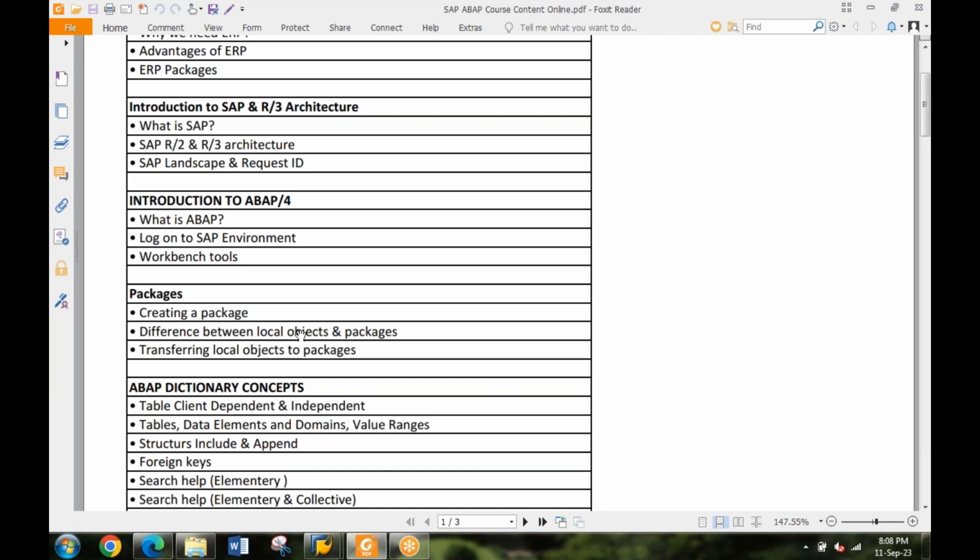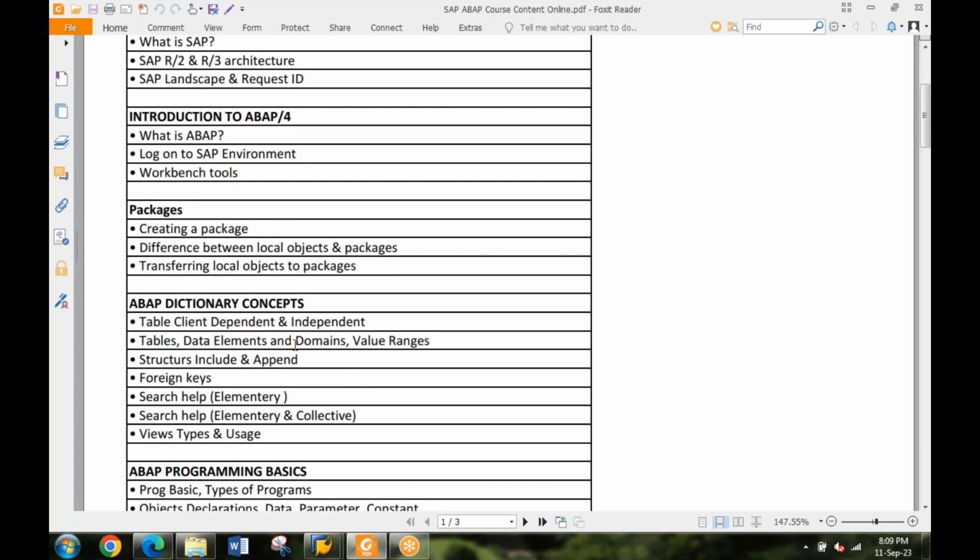Whenever you do anything in SAP, it has to get saved somewhere in your application, right? Like even when you create any file in your system, it asks you where to save it. So in SAP, we create packages. Packages could be corresponding to every module or an application or a project, right? How we can segregate packages, how we are defining packages, how we are saving objects in a package, how to move objects from one package to another package, right? What is the purpose of saving the package, right?